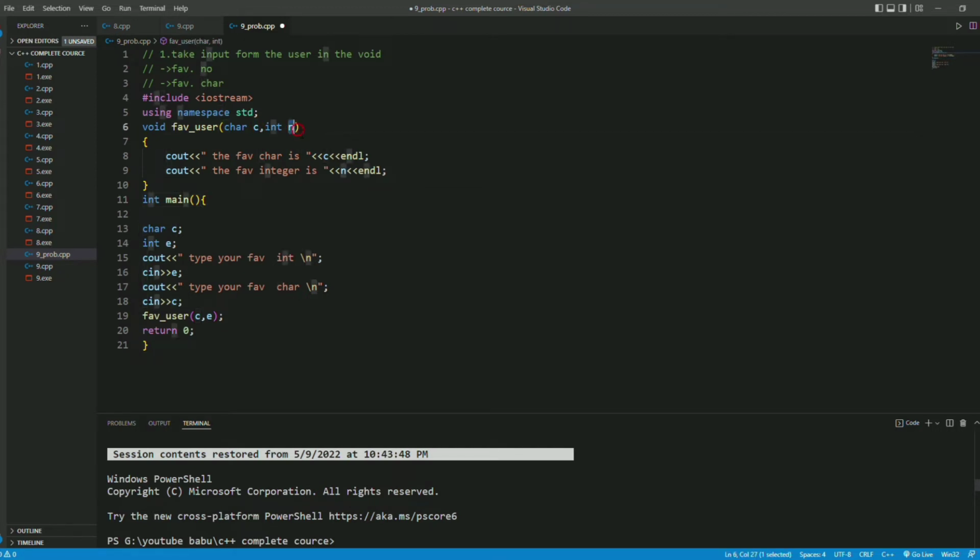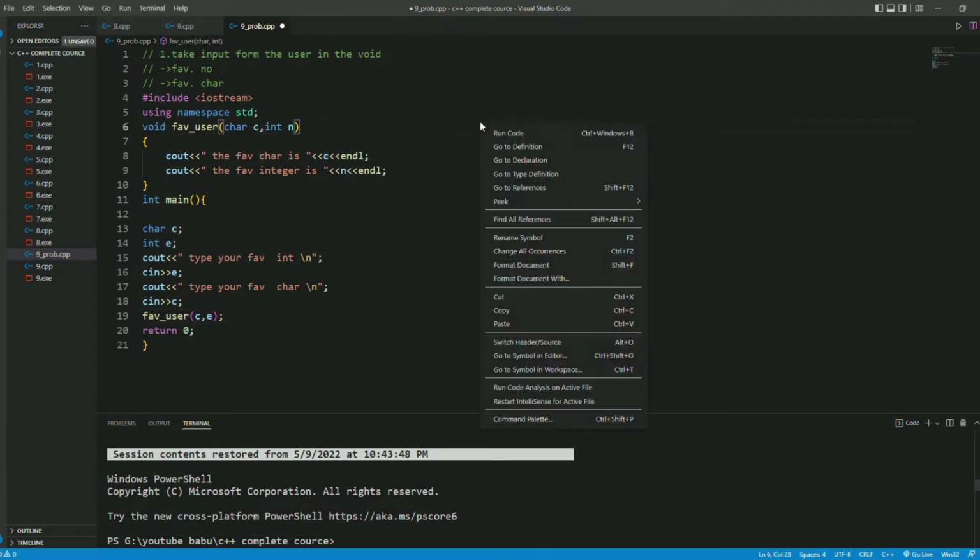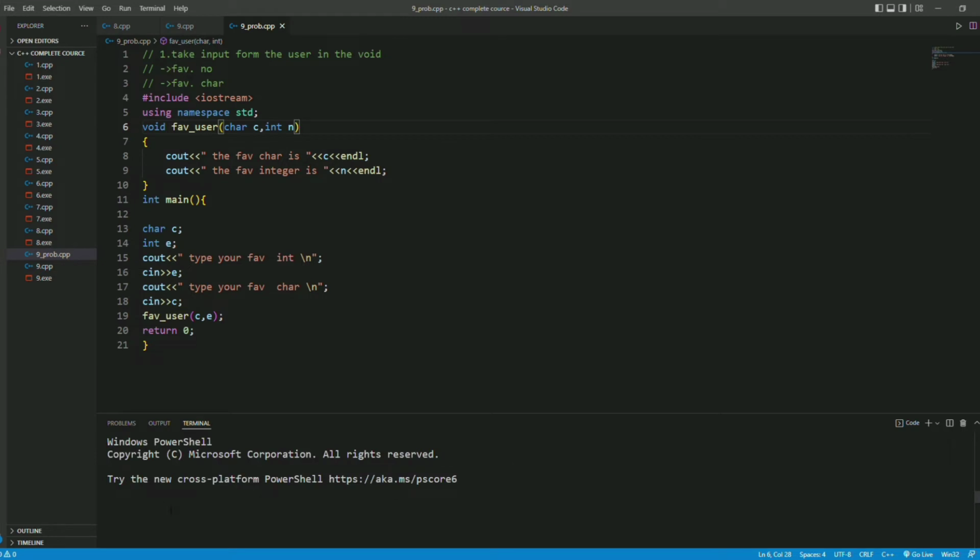The function will know only these arguments, integer n and character c. This function will never know what the character c and the integer e are until you pass these arguments to this function. So when I run it,